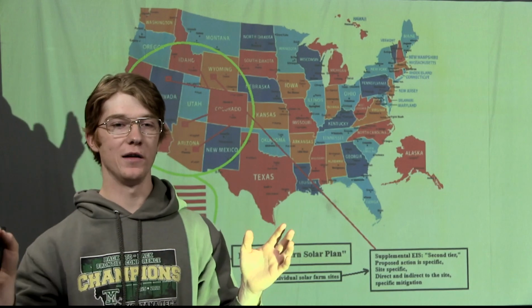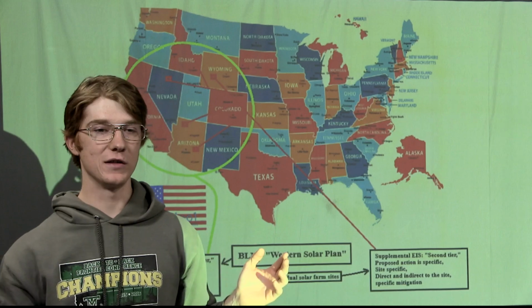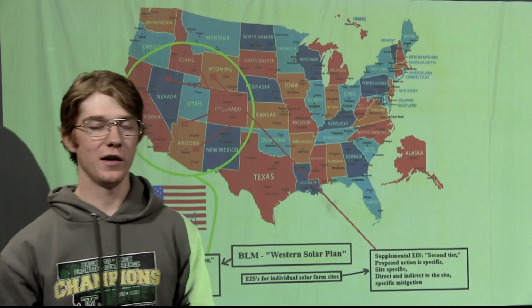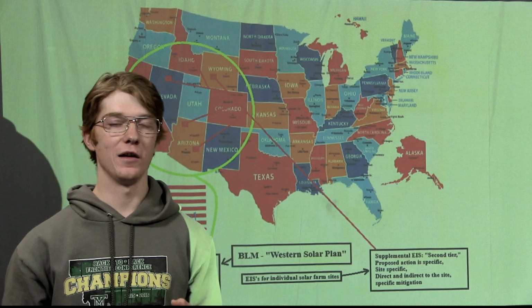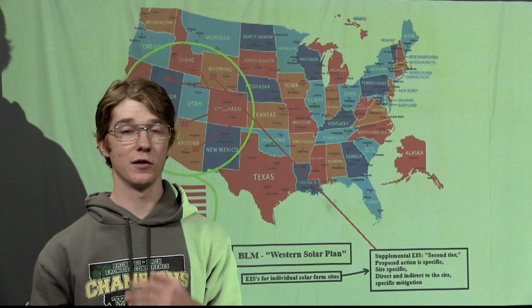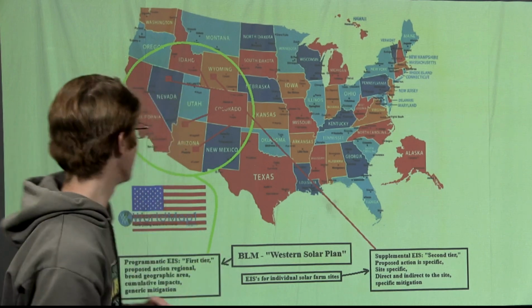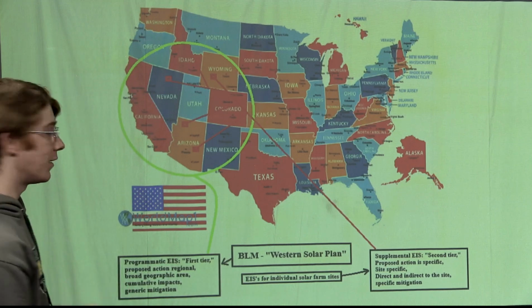It can stay broad, and it can focus on the big scale stuff. So it's a time and money and resource saver, but it still covers all its bases, because here in the example I got on here